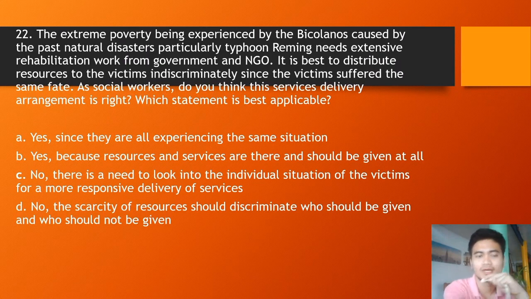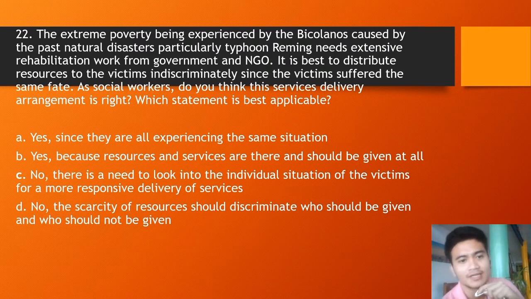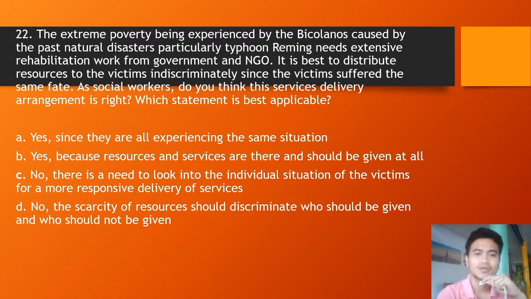Number 22, the question is: the extreme poverty being experienced by Bicolanos caused by past natural disasters, particularly Typhoon Rāming, needs extensive rehabilitation work from the government and NGOs. It is best to distribute resources to the victims indiscriminately since the victims suffered the same fate. As social workers, do you think this service delivery arrangement is right? Which statement is best applicable? So here the question is